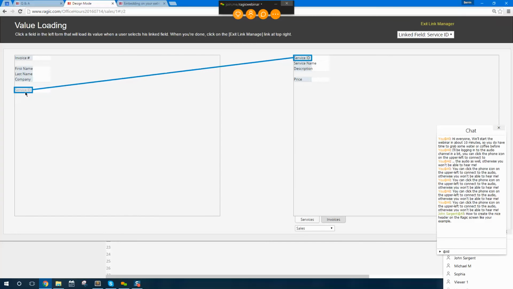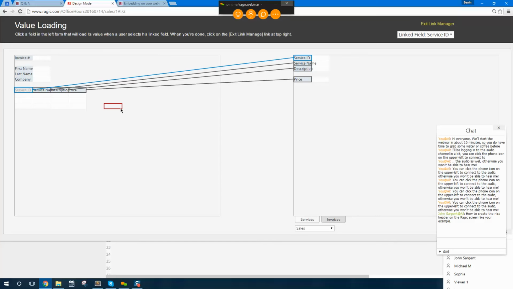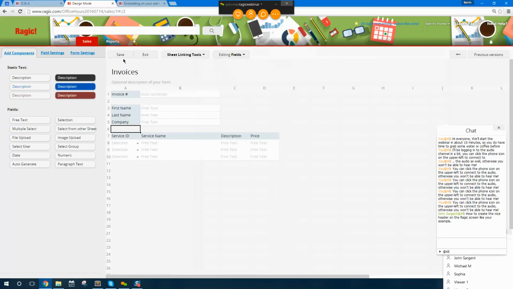So service ID, I created the same service ID field here, and disregarding the empty space next to service ID where I would normally have my service ID number, I'm going to put the service name right next to it. The reason for this is because I might have several services in one invoice, so I'm just going to put them side by side. And as you can see, the white spaces have shifted down, and this is called a subtable, which collects several of the pieces of information you were going to show in a database sheet. Alright, so all of those are linked,